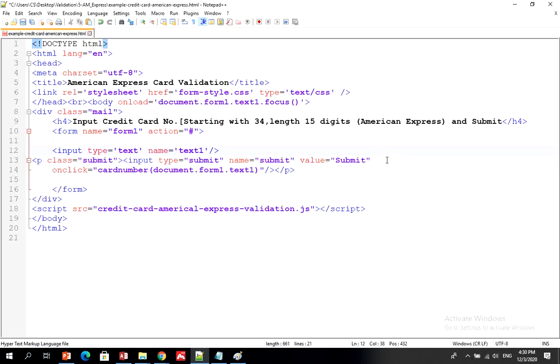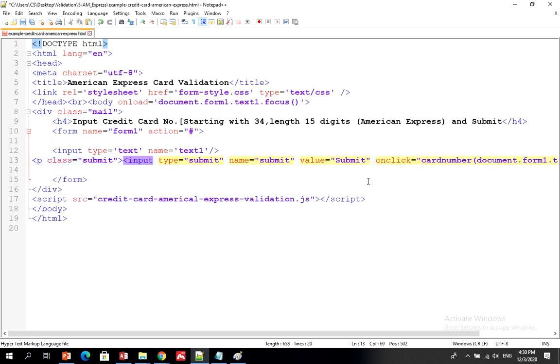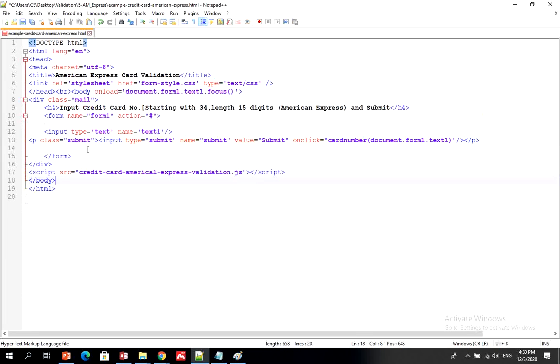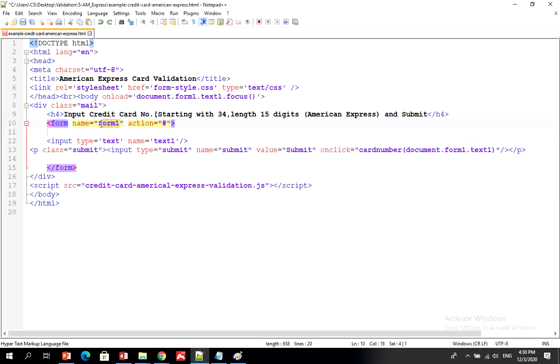And here, this is similar to previous HTML code that I have explained with you, in which you have the form. The form is given a name. It's called form 1, and the text is given a name. It's called text 1. I'm going to use them like before here, same like I used it in the telephone number. Document dot the form name dot the input text name. It has to be an argument for your function. What is a function? The function is called card number. Where is card number? Card number is a function that has the pattern. Where is it? It is here in this